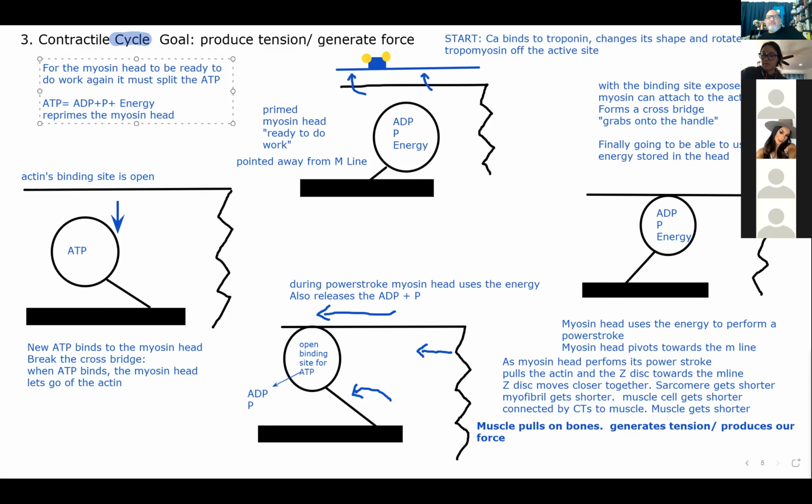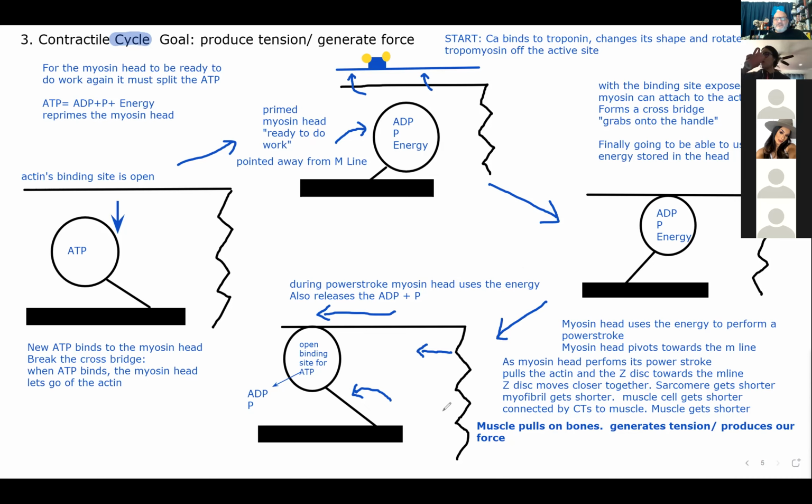And remind me again what it means to be primed. To be ready to work. To be ready to do work, it has to be tilted so it's pointed away from the M line. And then, of course, if there's calcium to move the regulatory proteins, that primed myosin head will form a cross bridge. Once it forms the cross bridge, that myosin head will perform its power stroke, pulling on the actin, pulling